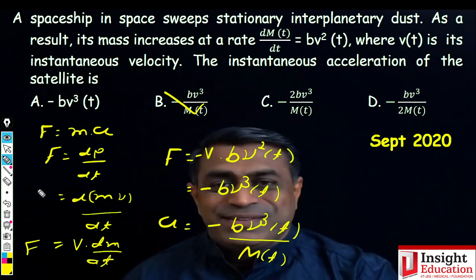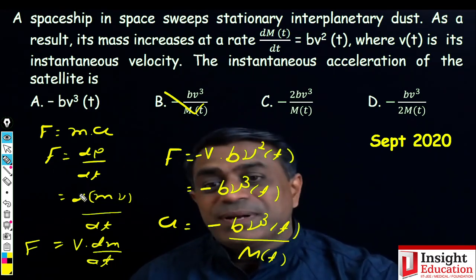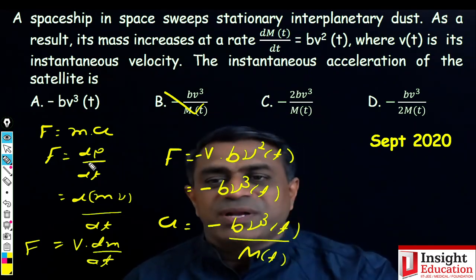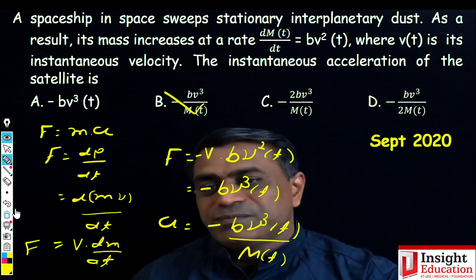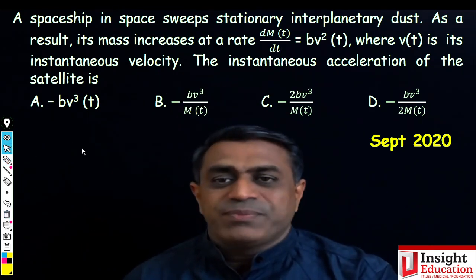Clear? So again, simple example, but at that time it's a conceptual example. Okay, so the concept should be clear. Next example,